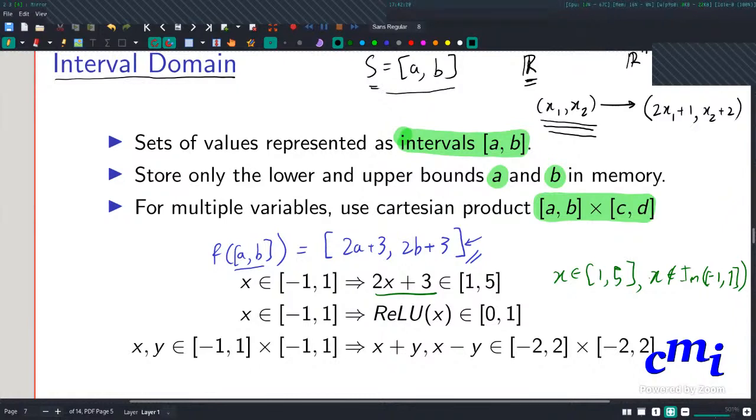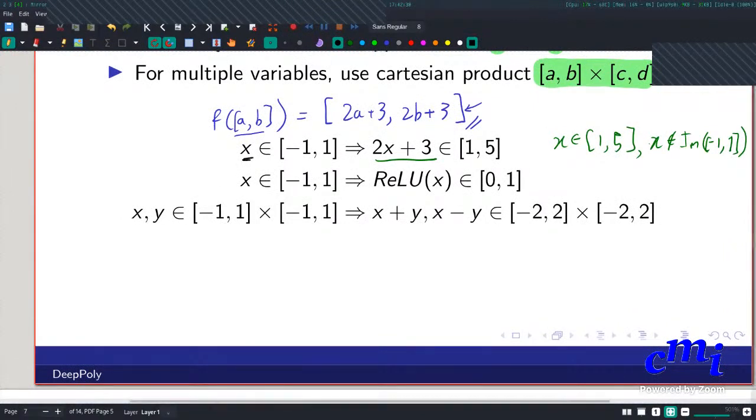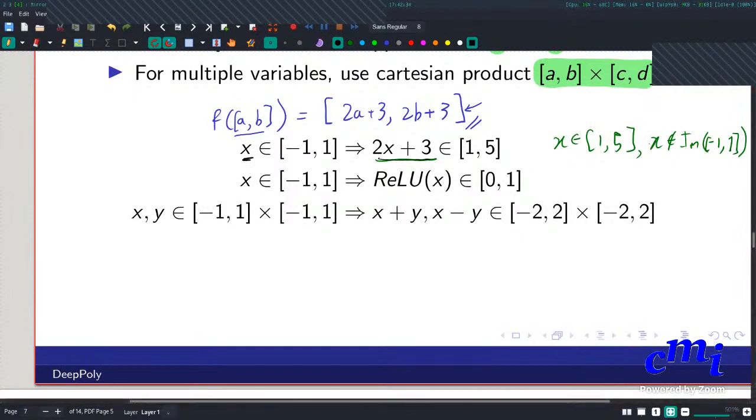So in this case, it turns out that this is actually precise. I have a claim, and although you took some calculus arguments, I think you can prove this: if you have just a single variable, then any linear transform is going to take an interval to exactly an interval, right? You can generalize your argument, because any linear transform on a single variable is either increasing, decreasing, or constant. If it's constant, you're always going to get just that same point. And in the